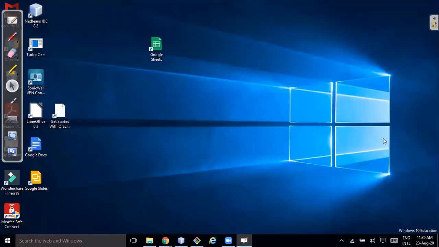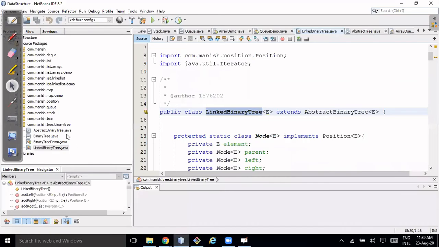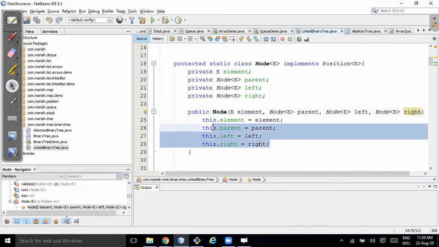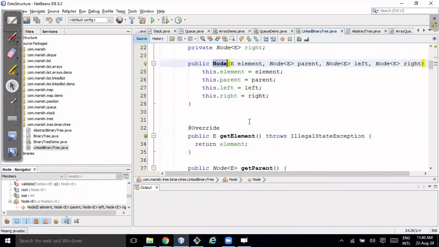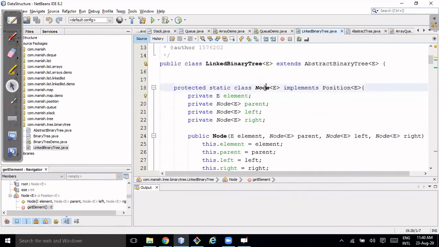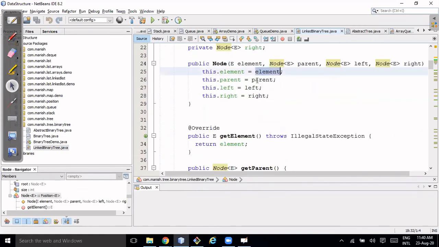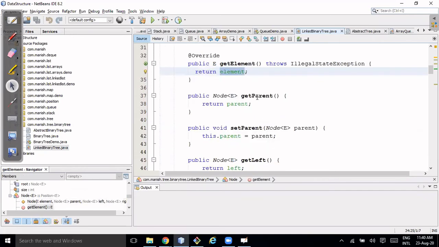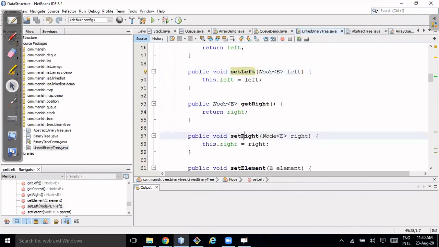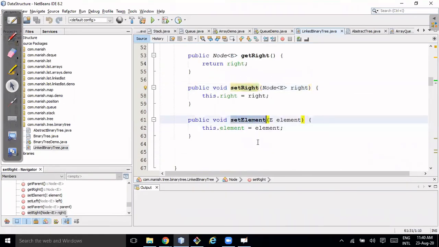Okay, now I'm going back to my class. This is LinkedBinaryTree. This is the constructor: element, parent, left, right. And getter and setter for everything: get element, get parent, get left, get right, set right, set element.